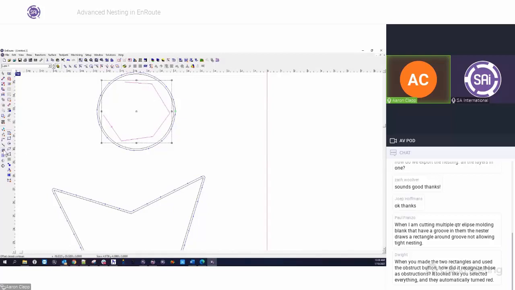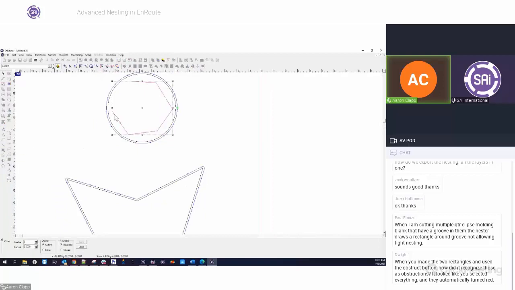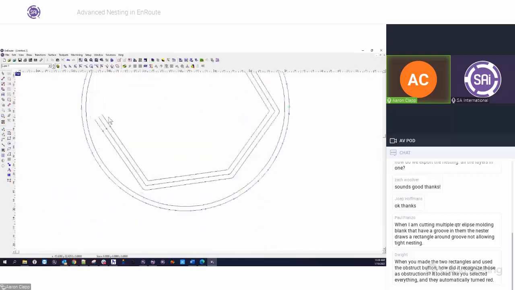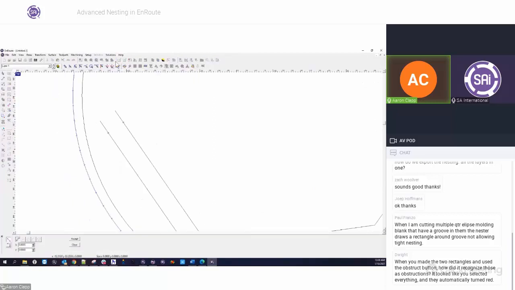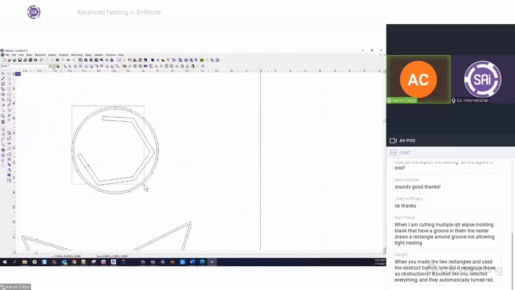Let's say this is supposed to be cut with a 1/4 inch end mill. I would do an outline of 0.125 on this side. We would do a square. And then I would do an inline on the same line, same amount, apply. And then I would close this up. Then I would delete this line. I know this is really involved and kind of tedious, but now I have basically created the same cut